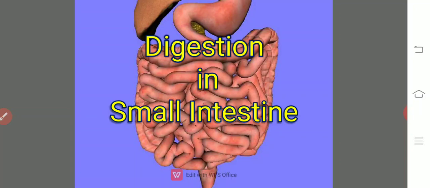The digestion of lipids almost all completes in the small intestine. As and when the smoothened acid chyme re-enters the initial part of the small intestine, that is the duodenum, there is a release of bile juice from the liver,